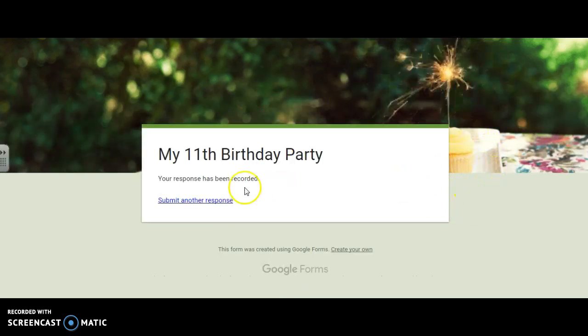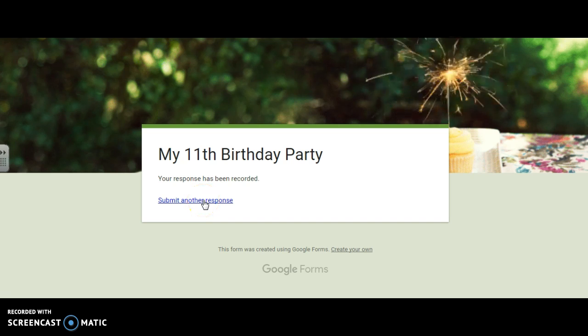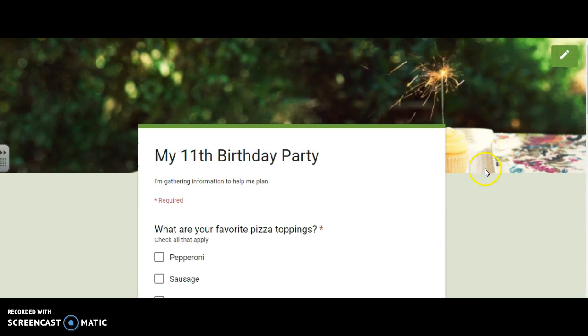And at this point, you can see I didn't change that response here. So it says your response has been recorded. I do have the capability to submit another response. So if that's something I want to be able to do, I would just click that and then I could go ahead and